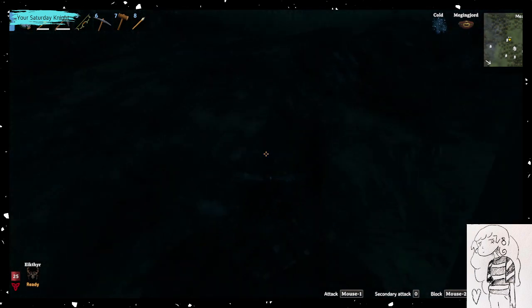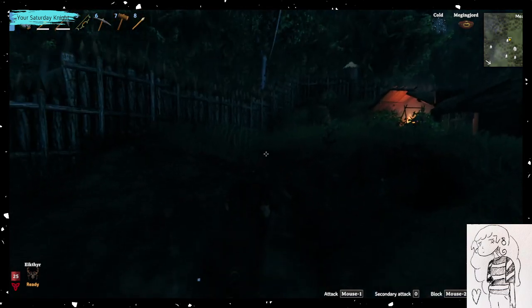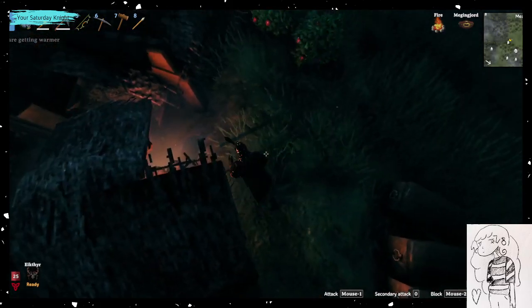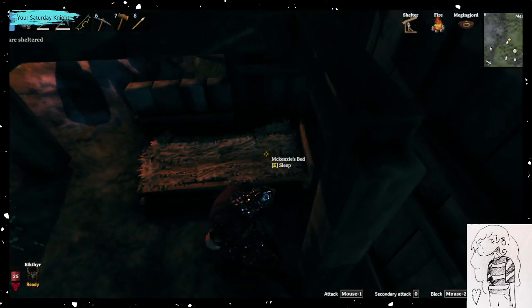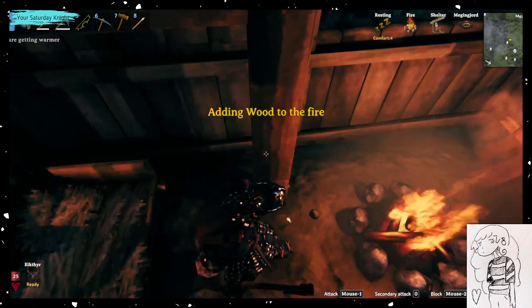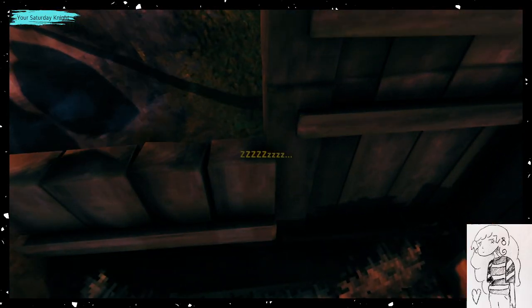So apparently there's monsters about, because I can hear them. I know that I have to fix this house, because when I sleep in this house, I get really, really cold, or really, really smoky. Because I built the fire pit too close. Because when the game updated, we couldn't